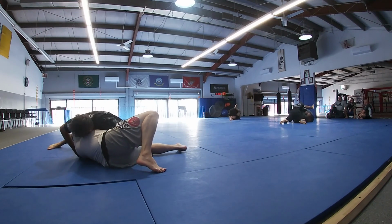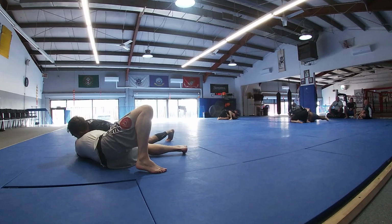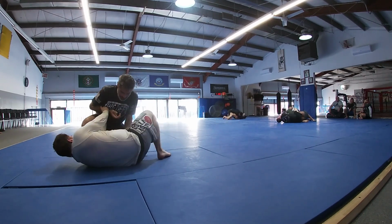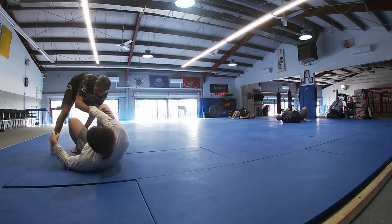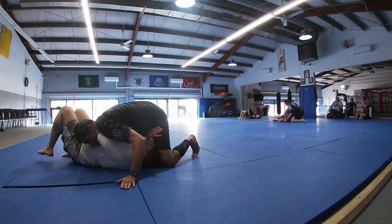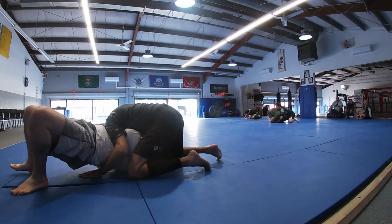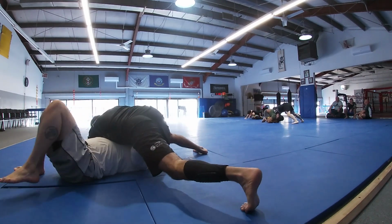Again, I'm not smashing him. He is a fellow purple belt, but I'm just trying to contain him. Starting to get his guard back. I just run around it. He's very comfortable playing defense. That's his problem. He doesn't try to make the connections or put his foot on my hip and really stop me. But even though I haven't submitted him,